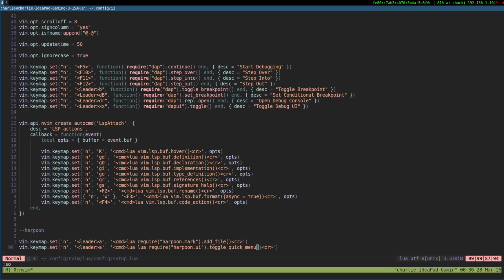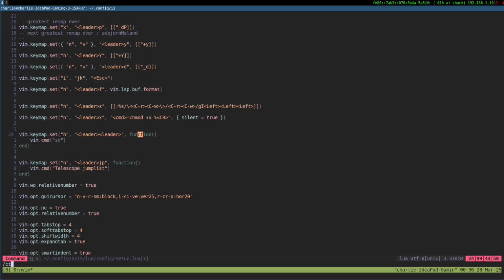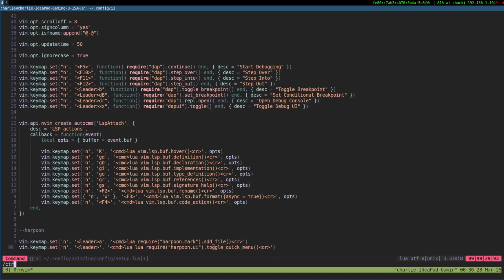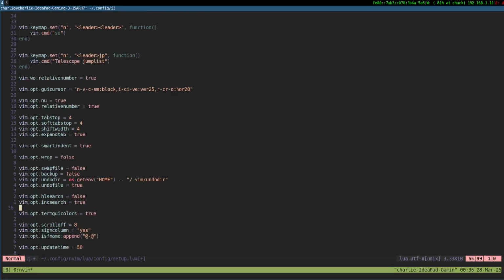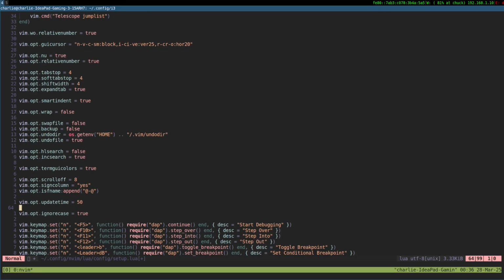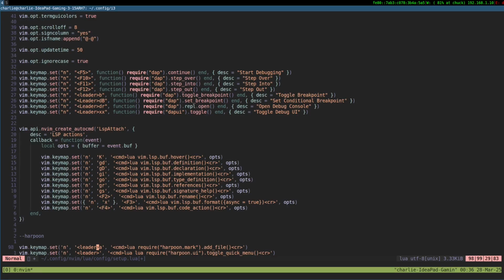So if not leader A, it's Control E. Hmm, okay, how do I map something to my control? Okay, for now, let's just keep it leader E. Okay. Yeah, if I do leader E,